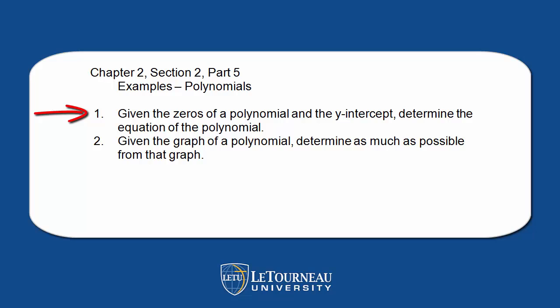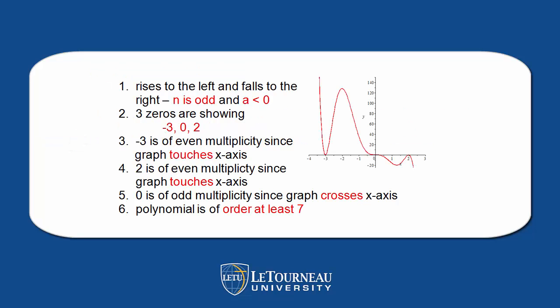Second thing we want to look at is, given the graph of a polynomial, determine as much as possible from that graph. Now in this case, the graph will have been drawn very professionally. Notice it rises to the left and falls to the right. Therefore, n is odd and a is less than 0. There we've got 3 zeros showing because we have 2 places where it is tangent and one where it